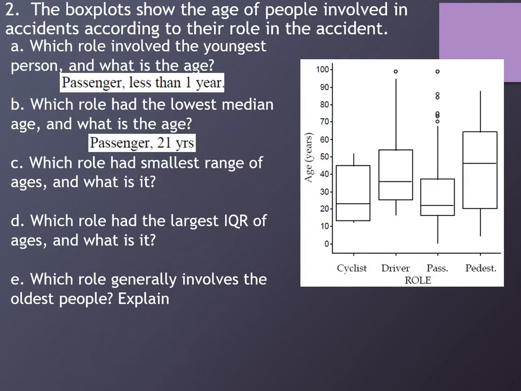I'd say 21-ish works just fine. Which role had the smallest range of ages? The cyclists. Now, what would you say that range would be? Okay. About 40? I would definitely go with that. And if you think about it,